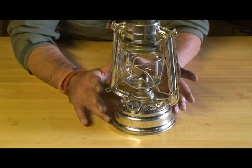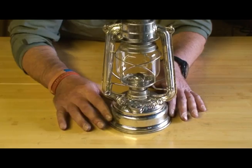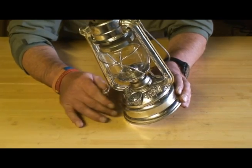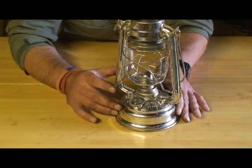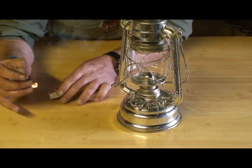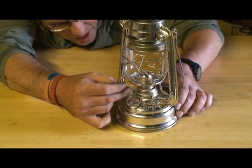Just on the safety side of things, I always light the lantern in its upright position like this, sat on its base, with either a jet lighter or a match. Whatever you do, don't be tempted to tilt the lantern over and light it with a standard lighter like a clipper. Remember, this is not a sealed unit. So I grab the match, and I place that in,